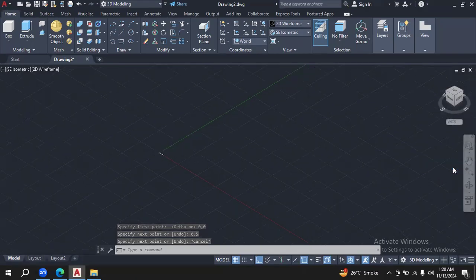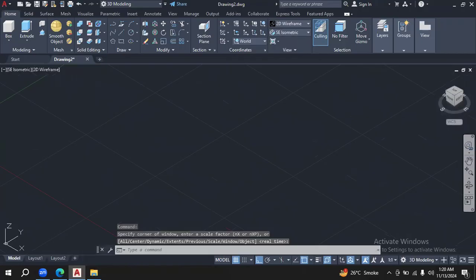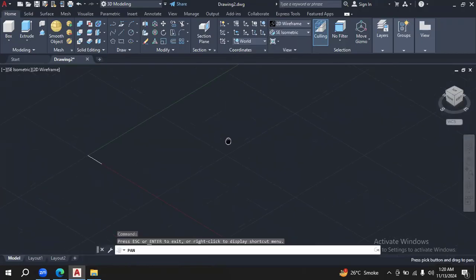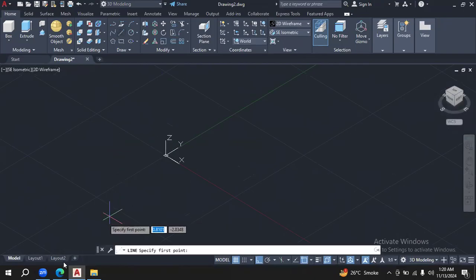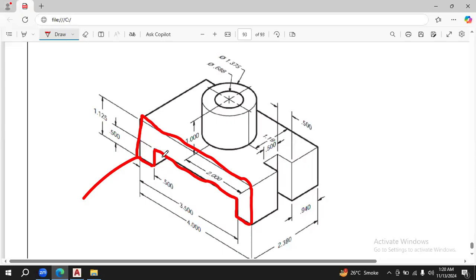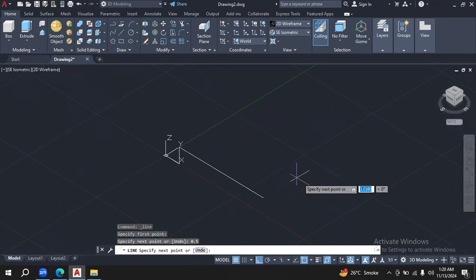We need to zoom in a little more, like this. The height is also 0.5. 0.5. Then it is 3 along this